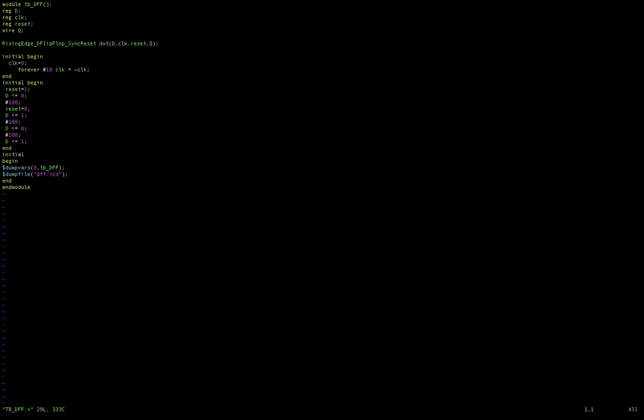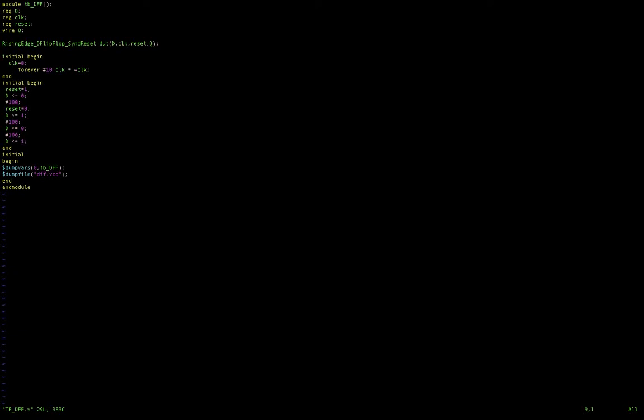So here is the test bench. Here we have defined these three input ports as reg and the output port as wire, and we have instantiated the rising edge D flip-flop, which we defined in the dff.v file.